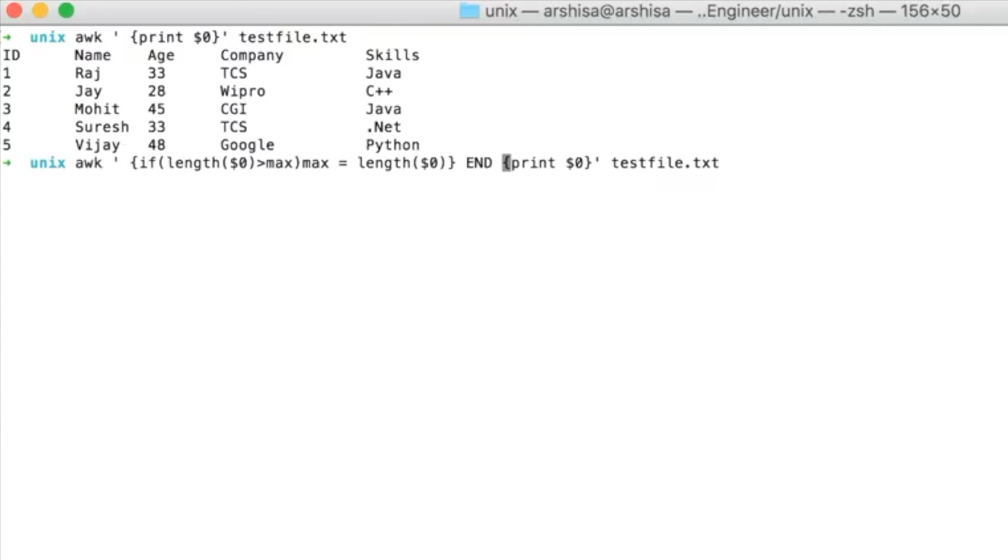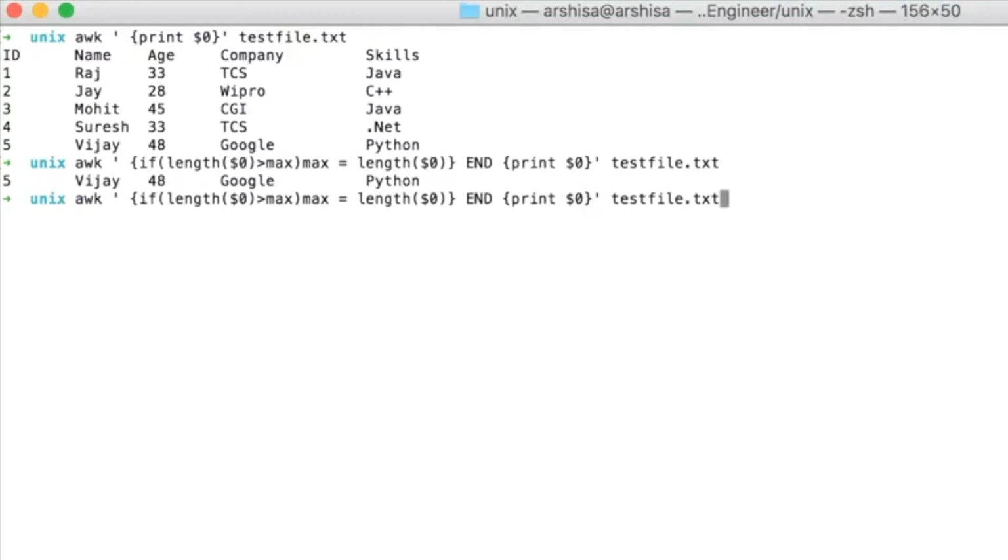And simply we can write END and we will print max length.